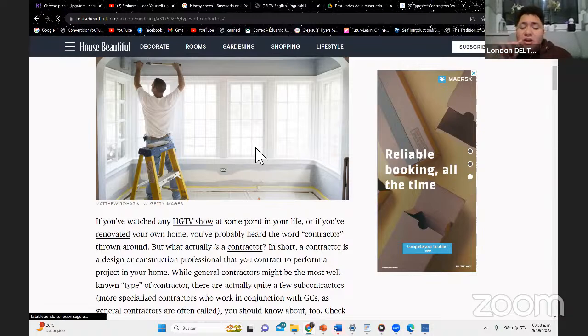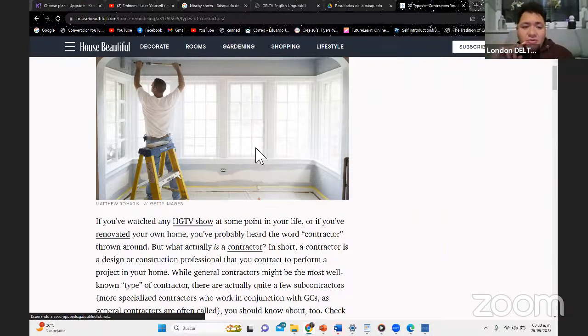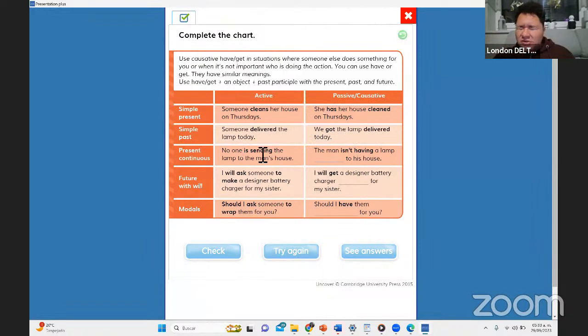So in this case, you see these examples when you hire someone, cuando se contrata a alguien para una actividad, cuando a lo mejor es alguien que te hace un favor, o cuando vas a un lugar a que te hagan un servicio, okay? So that is the causative. That's how we use the causative. So this is a topic that we had seen previously, but we're going to review it. Maybe some things you don't remember.